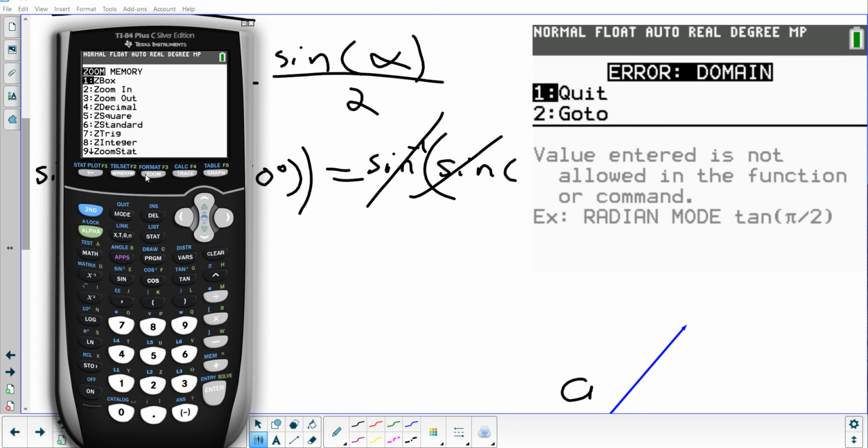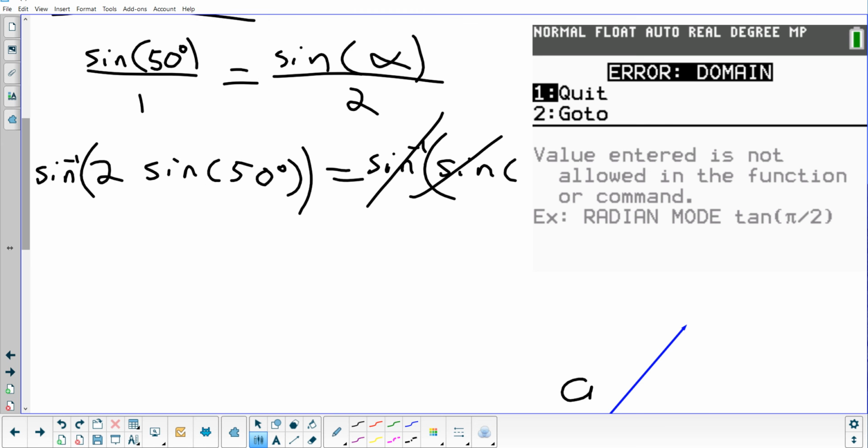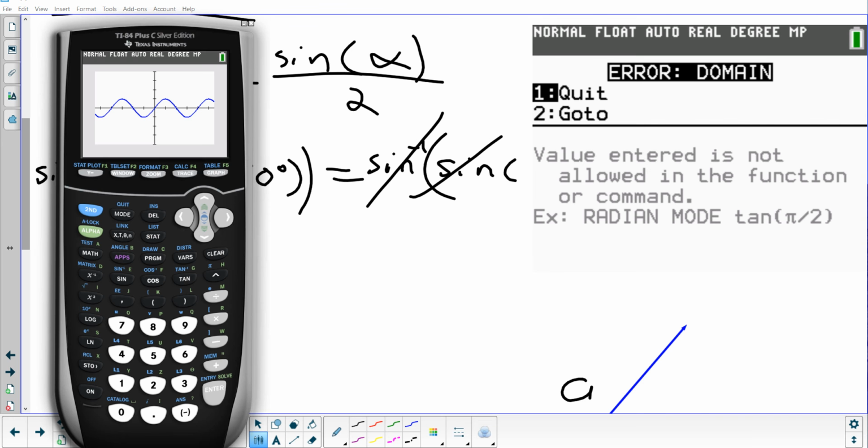Yeah? Okay, 1, I believe. Yep, 1 was the highest that it went. So if you look at the sine function, that's what it looks like. It only goes as high as 1. 2 sine 50 came out to 1.53. So basically what you're trying to do when you take the inverse sine of 2 sine 50 is you're trying to figure out,